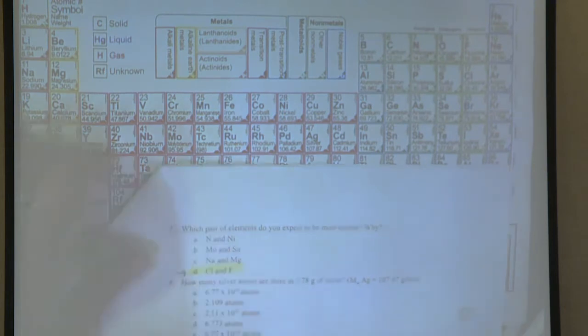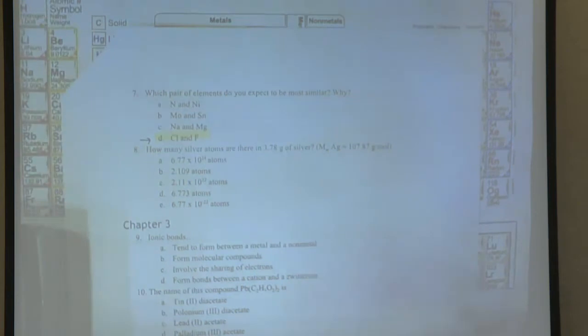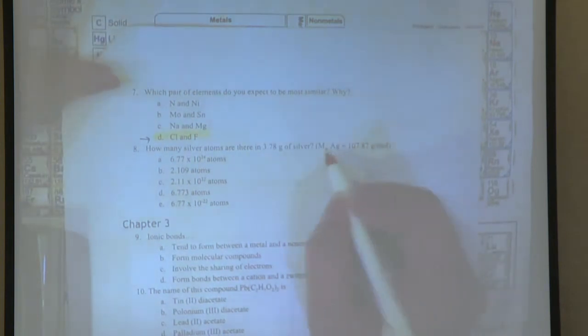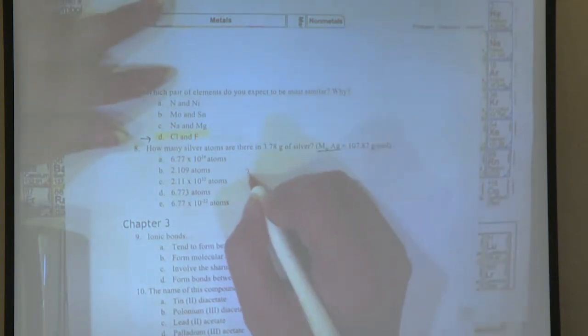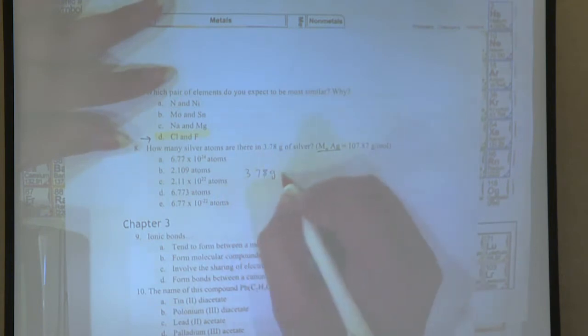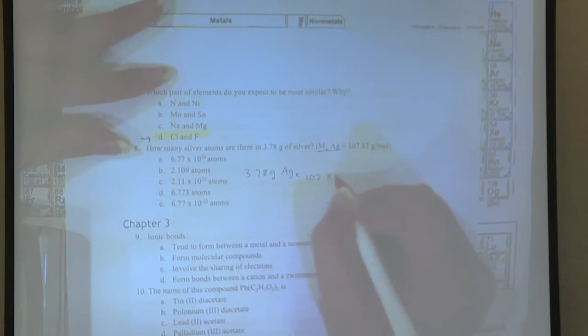How many silver atoms are there in 3.78 grams of silver? So they give you a mass and they want you to tell them physically how many actual atoms you have here. And as you can see, I've given you the molar mass I want you to use. So in 3.78 grams, the first thing I ever want to do in any stoichiometry problem is convert to moles,